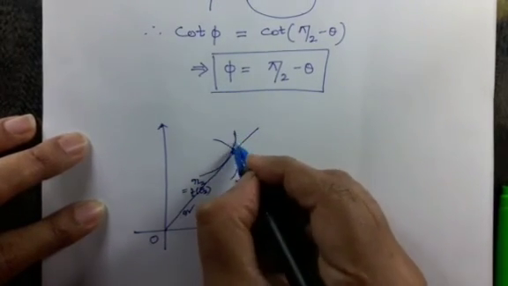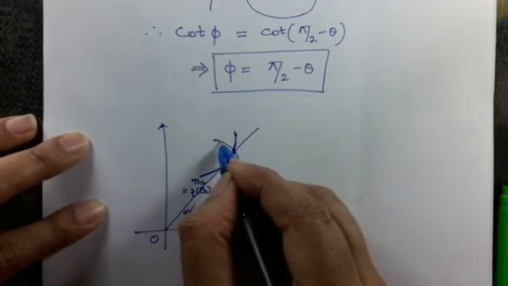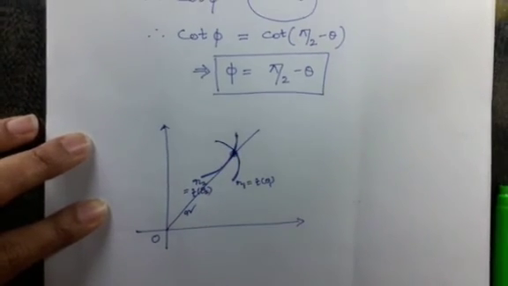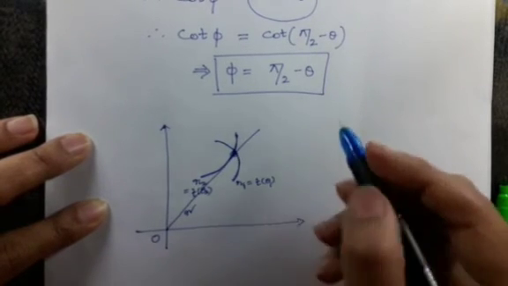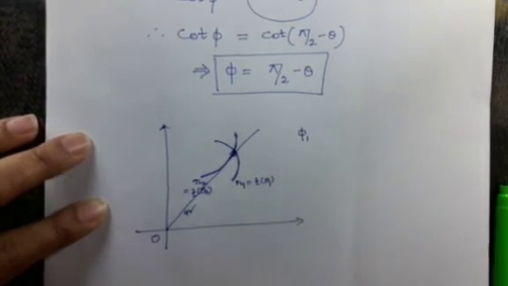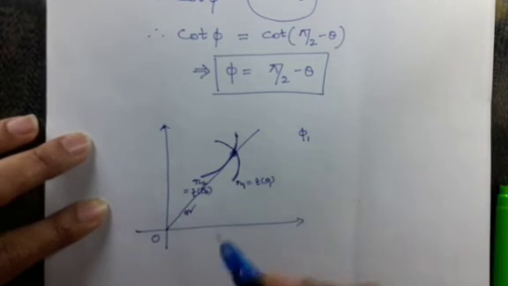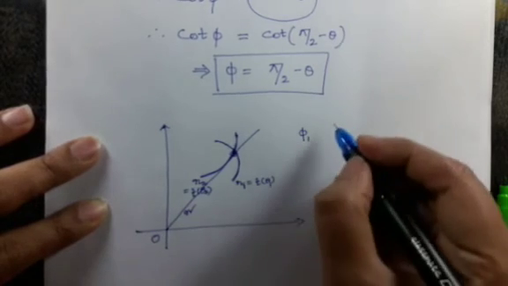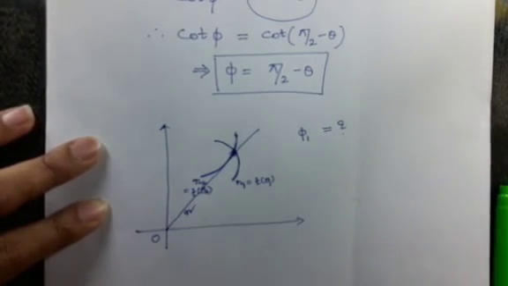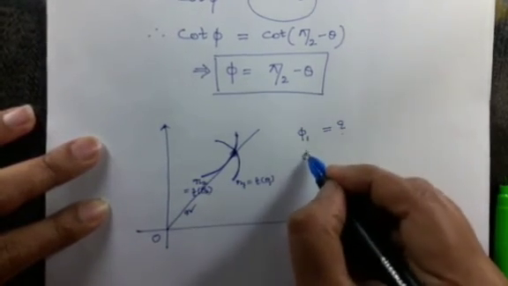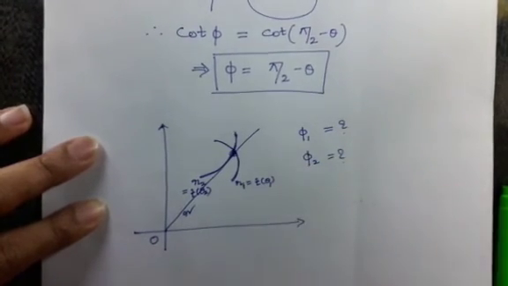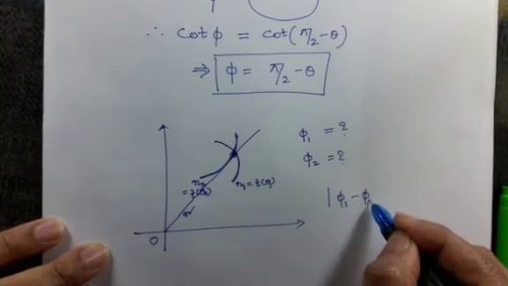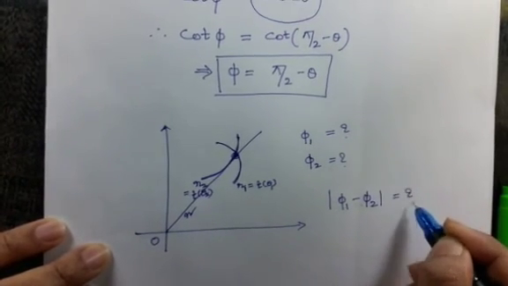Okay. So these two polar curves will be intersecting each other. So then what is the angle of intersection of these two polar curves? I will get two phi. One is phi 1, and you will get two tangents also. Okay, so I have to find out what is phi 1 and what is phi 2. Then if I take phi 1 minus phi 2, I will get angle of intersection of two polar curves.